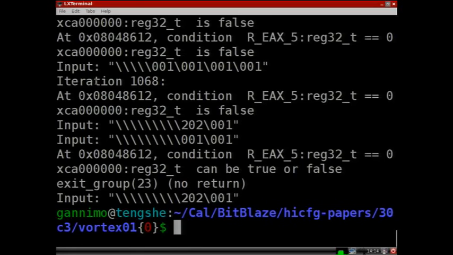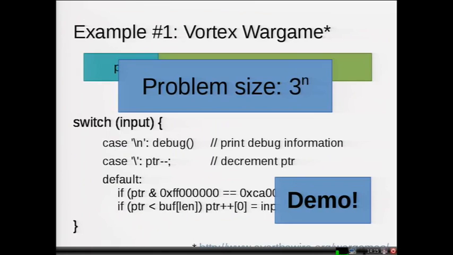And we see that it generated a set of backslashes to decrement the pointer. It writes a 0xCA, which is 202 in decimal. And then you can write any value to actually trigger the win condition. And we've just used symbolic execution to solve a Vortex war game in 3 minutes, which is kind of nice. When I solved it the first time, it took me like 3 hours or so. So that makes it a bit easier. But let's continue.